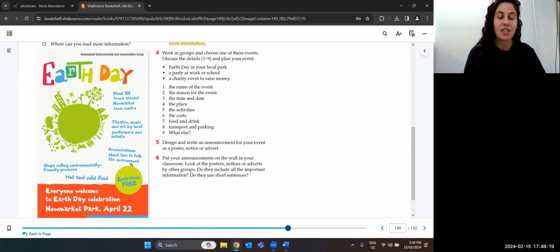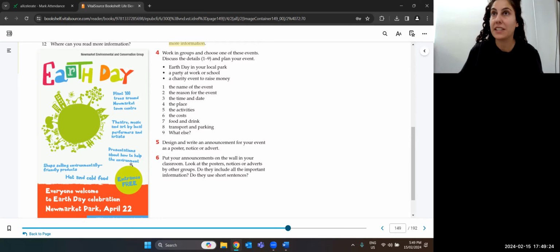What can you buy? Sometimes maybe they'll tell you that you can buy food. You must say that because people need to know, can I buy food there or not? Can you buy something? Here it says, yes, shops selling environmentally friendly products. That means they are products that are good. They're not made from chemicals and bad stuff. They're really good for the environment. So maybe a lot of homemade stuff, candles, jewelry, maybe there's lots of plants I can buy as well. Yeah, lots of things that are good for the environment.